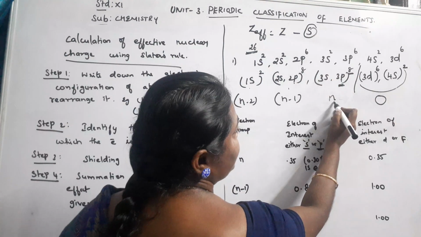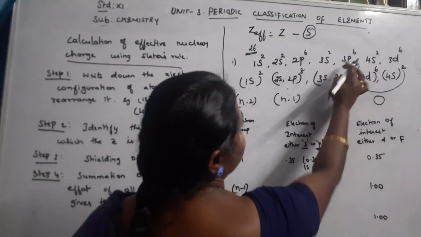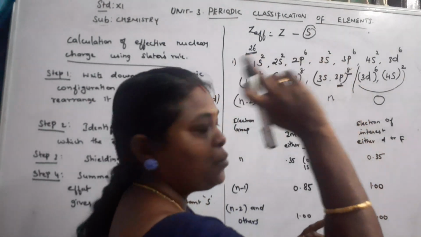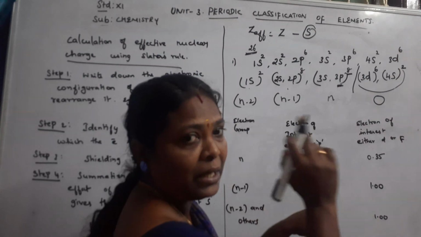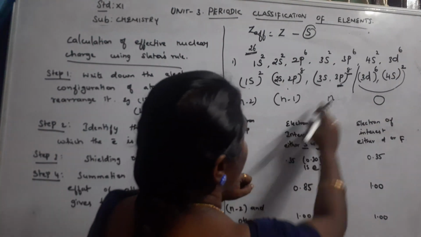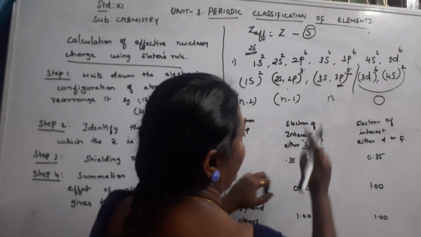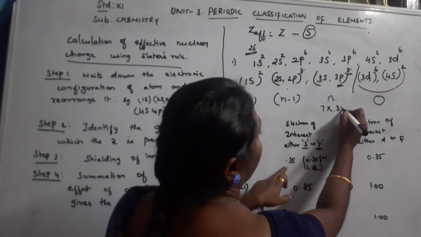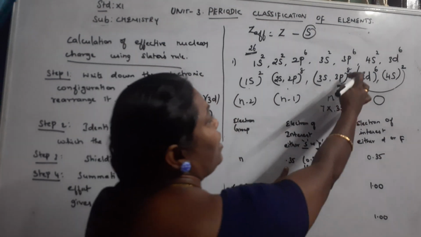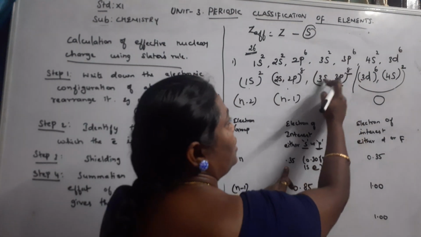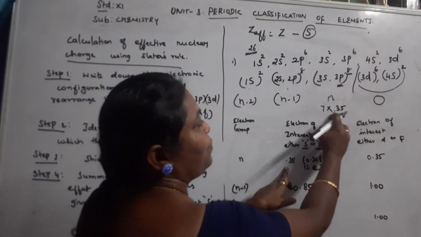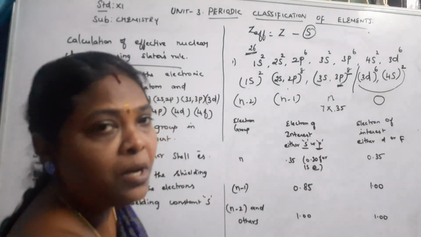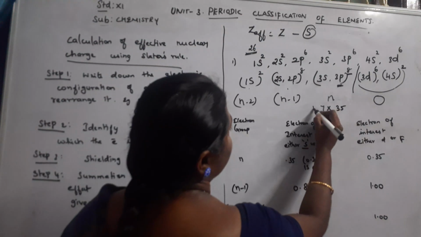Okay, if we are choosing 3p as the n orbital, that means 3s and 3p, out of 8 electrons we have chosen 1 electron for which we are going to calculate the screening effect. The n shell contains 8 electrons, out of which 1 is chosen, therefore the remaining is 7 into 0.35. How do we calculate? Other than 1 electron, there are remaining 7 electrons. Therefore, per unit charge, it is calculated as 7 into 0.35. Now let us put plus here.